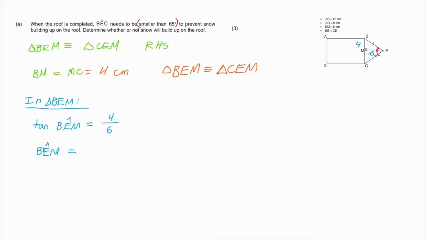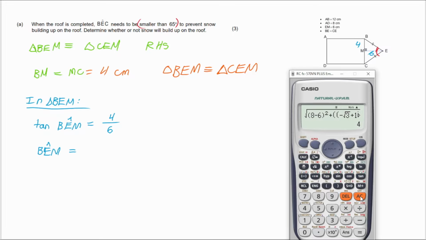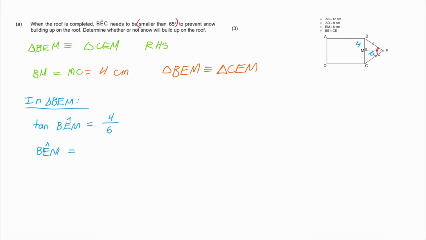Okay, I can use my calculator and I will find that I just do shift tan of 4 over 6, right? And that gives me, to one decimal place, 33,7. Okay, 33,7 degrees. So that's angle BEM, and well, therefore angle BEC